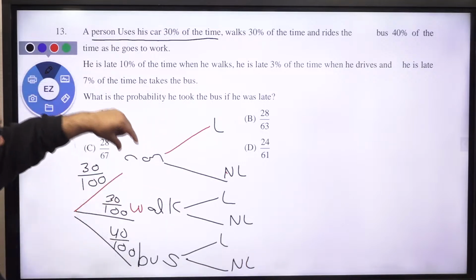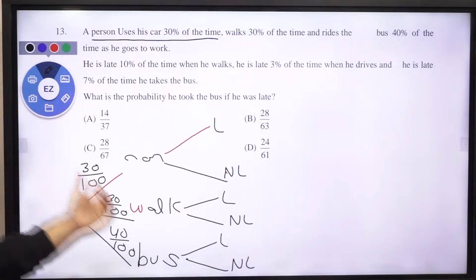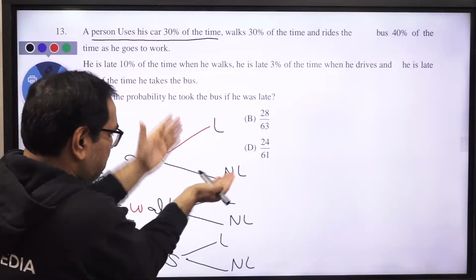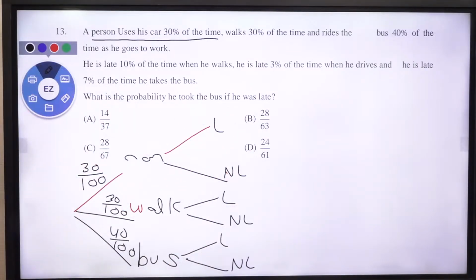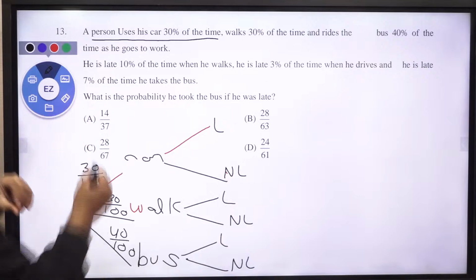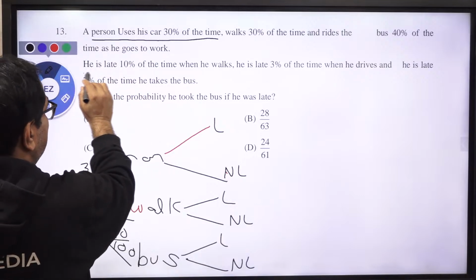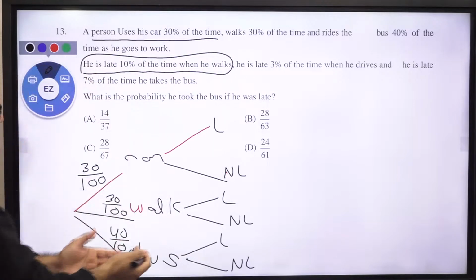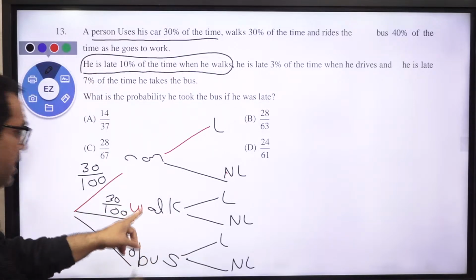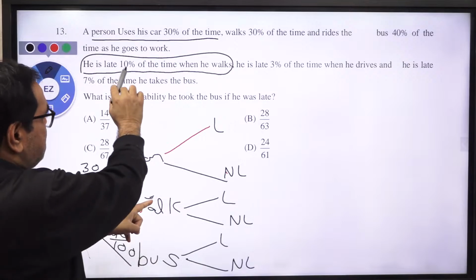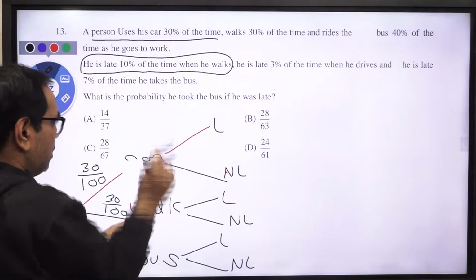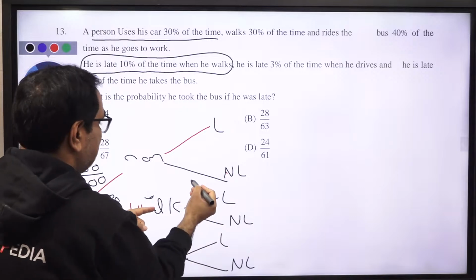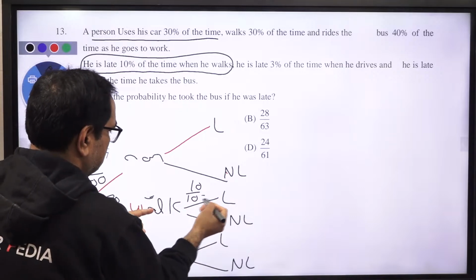So in each situation, in each condition, whether he decide car or walk or bus, further there are 2 mutually exclusive situations, collectively exhaustive situations. Okay, now what is the data here? He is late 10% of the time when he walks. Okay, अगर वो वॉक करके जाता है, ठीक है, मतलब वॉक से जा रहा है, देन 10% ऑफ द टाइम क्या होता है, वो लेट होता है। तो अगर वो वॉक कर रहा है तो लेट होने की प्रोबेबिलिटी क्या होगी उस सिचुएशन में, ठीक है, इसको बोलेंगे 10 upon 100, राइट।